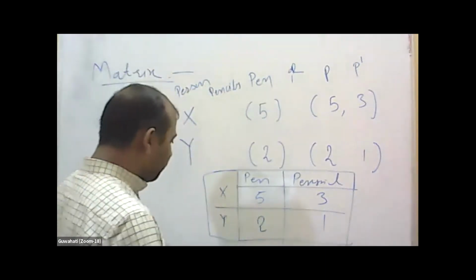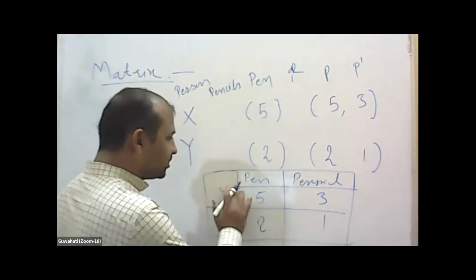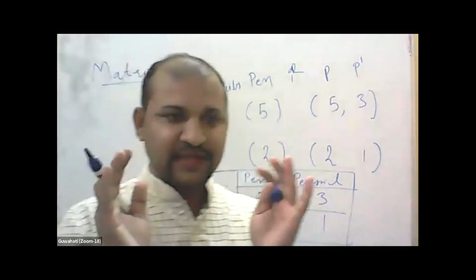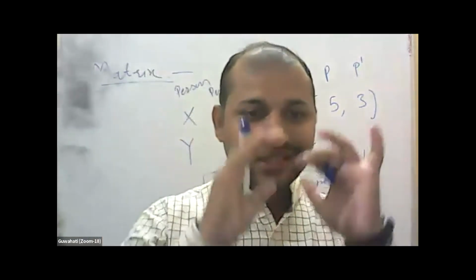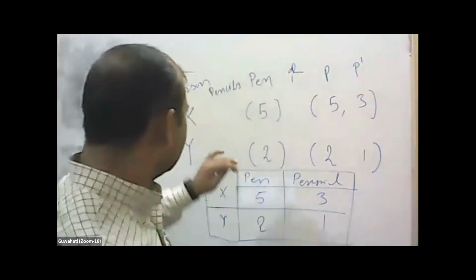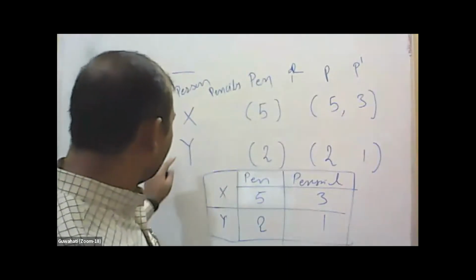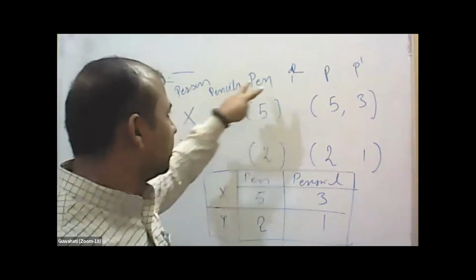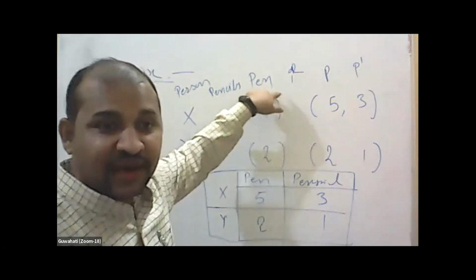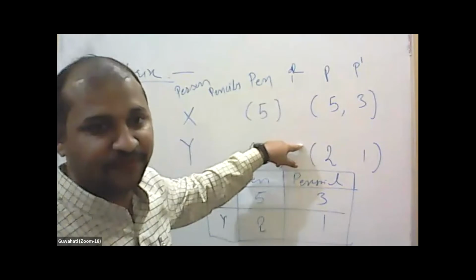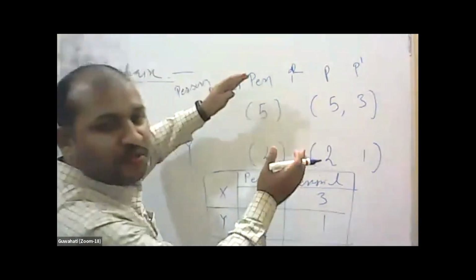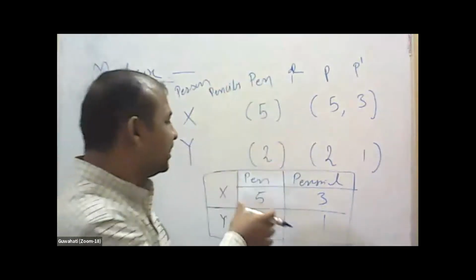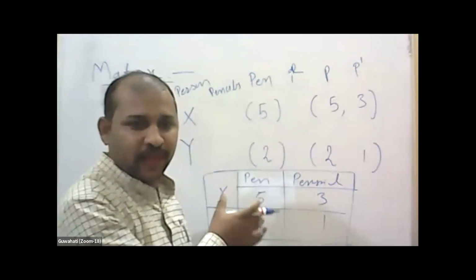So why do we want this? Because this is a set of information I can write in a simple box. See what information I have: there are 2 persons, 2 different types of items, and their quantities as well. This whole information I want to put in a simpler form, which I can easily store in my memory.